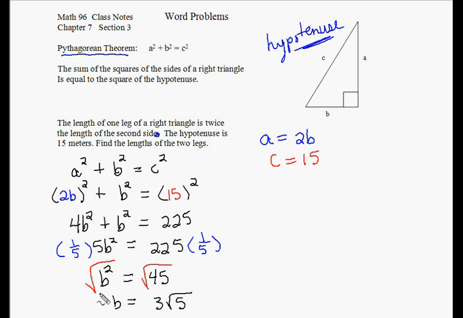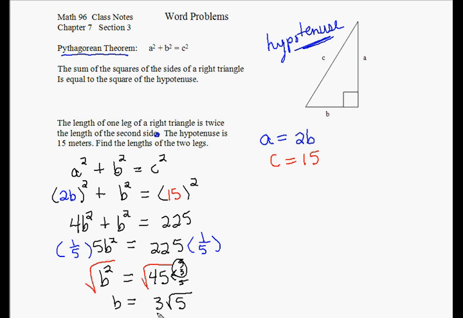Now remember, when you take the square root, you should write plus or minus. But we're talking about the length of the side of a triangle. Could that ever be a negative length? So that's why I wrote 3 square roots of 5. 45 had broken down, and I did that. I always reduce my radicals. So 3 times 3 is 9, times 5 is 45, so I can take the 3 out,